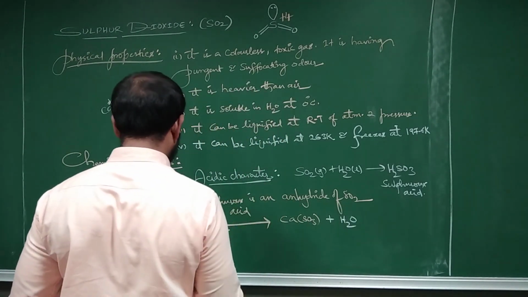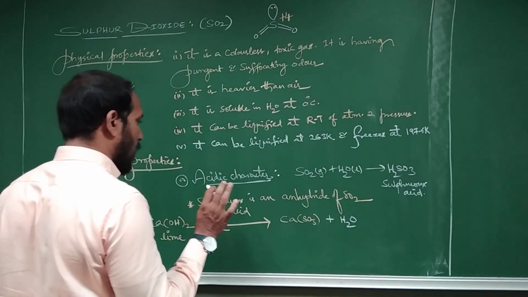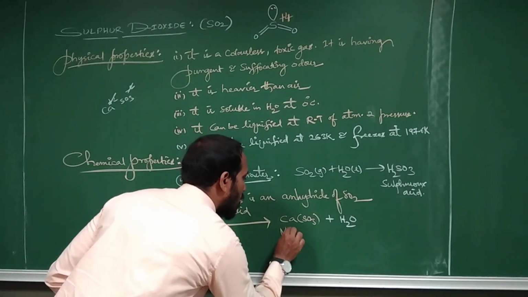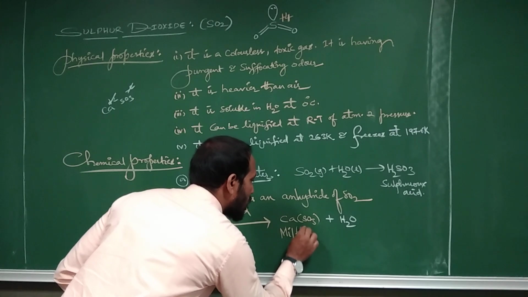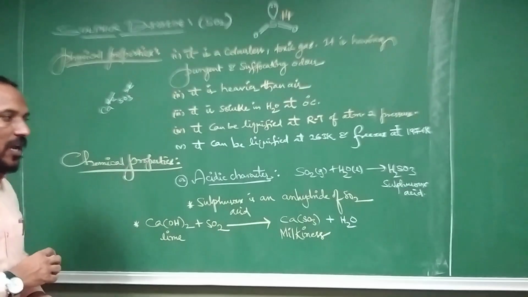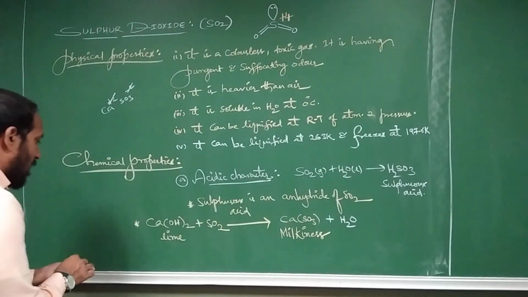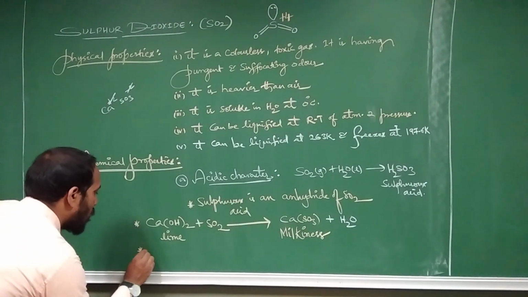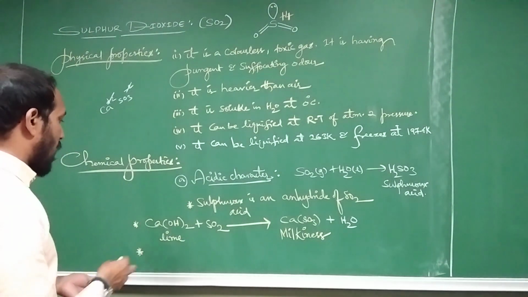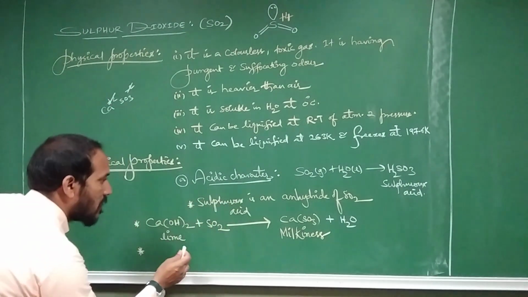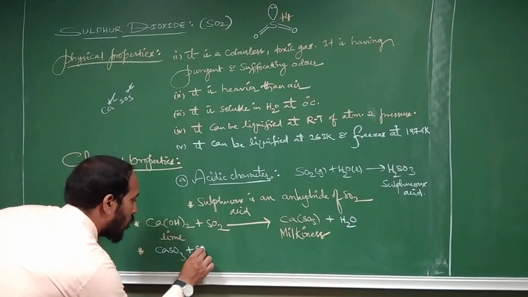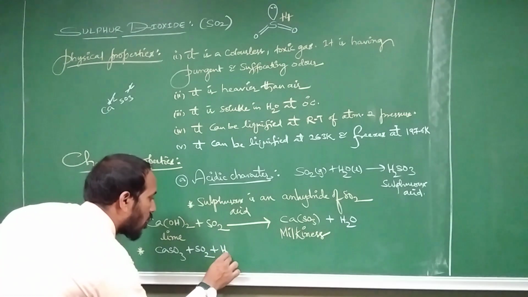Now CaSO3 plus water. Clear? Now this is called milkiness, and it can be observed. White milkiness can appear in the test tube. So this milkiness of the calcium sulfite can easily disappear when an excess amount of sulfur dioxide is treated. So excess amount in the sense, here you see, when calcium sulfite is treated with sulfur dioxide plus water molecule